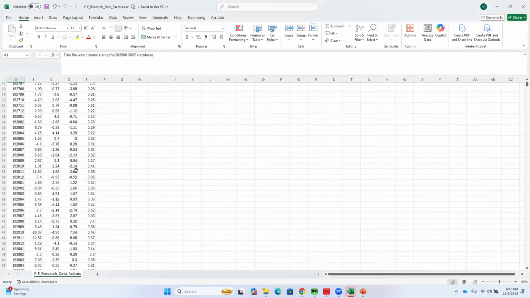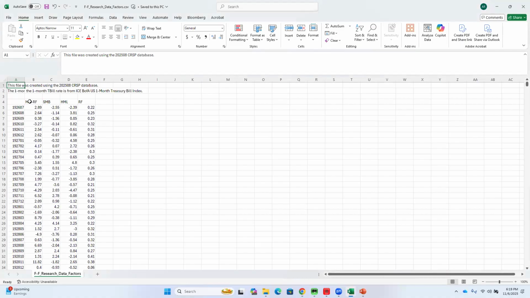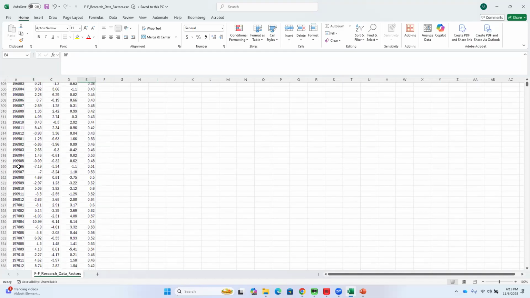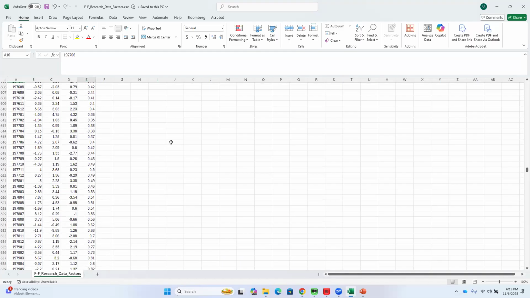So these are the data: market return minus risk-free rate, so the market premium, small minus big, high minus low, and this is the risk-free rate. These are monthly, and you will see at the end they have annual. Anyway, what we are going to do is make a copy to our portfolio construction file,